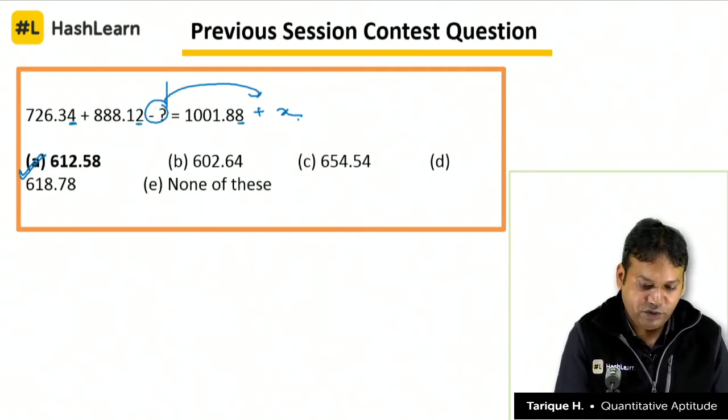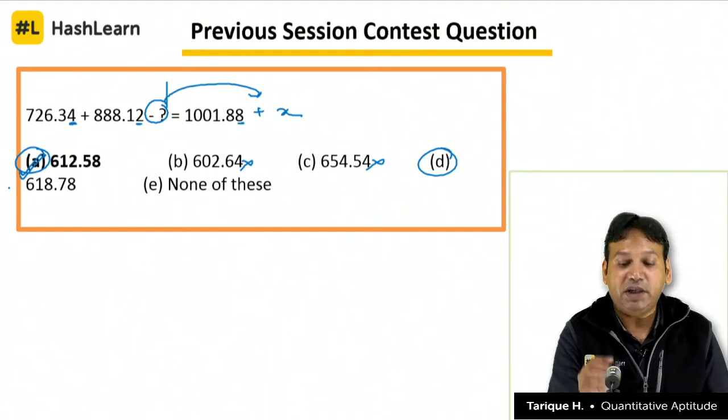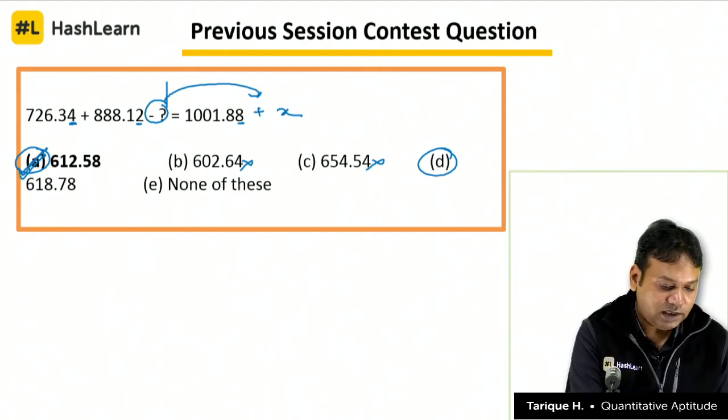So 8 plus what will give you 6? 8 plus 4 will not give you 6. So either the answer is D or the answer is A. Check with the unit digits and you will find out that the answer is A,